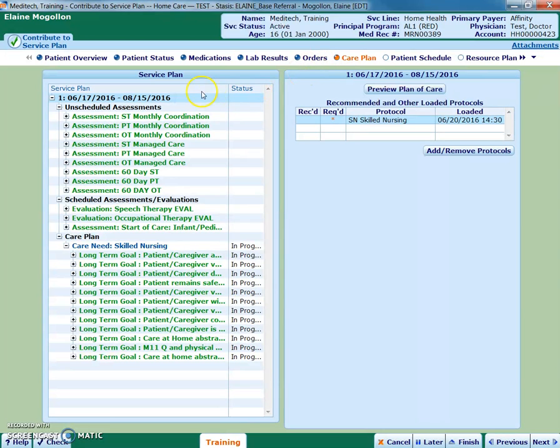So over on this side is the service plan. Now here, when you're clicking on the first line of the service plan, goals and interventions, you want to add your discipline's protocol. So if your discipline is not listed here, we need to add the protocol. All a protocol is, is a group of goals and interventions for your discipline. So you click the Add Remove Protocols button,